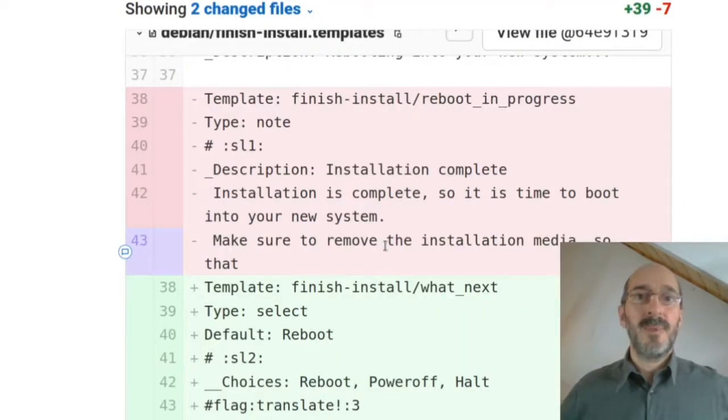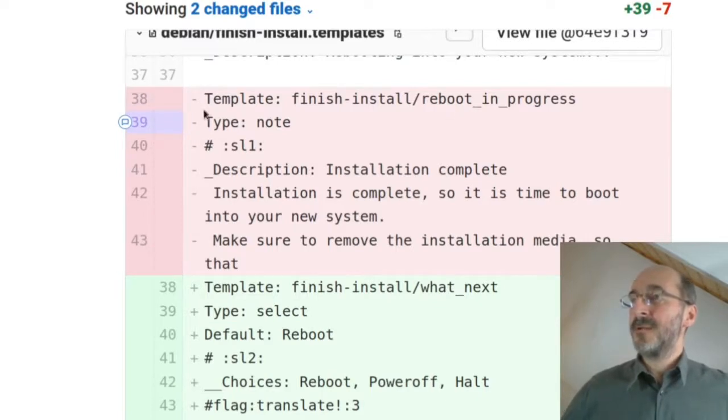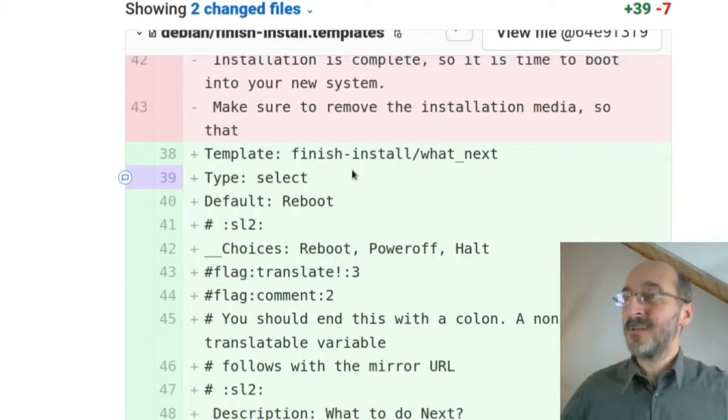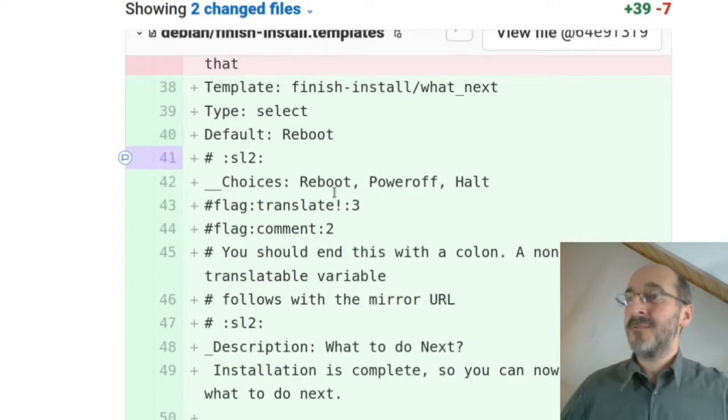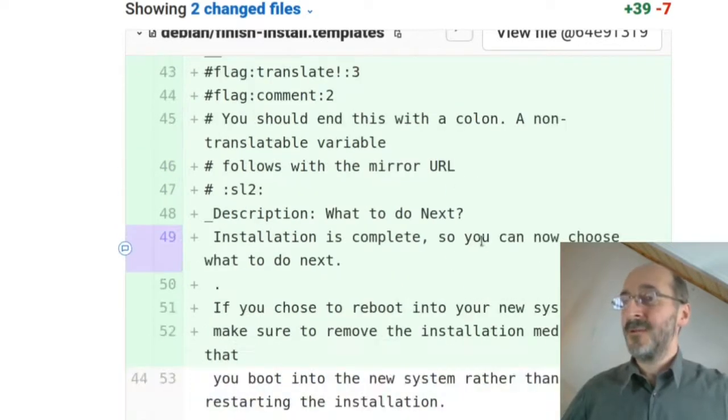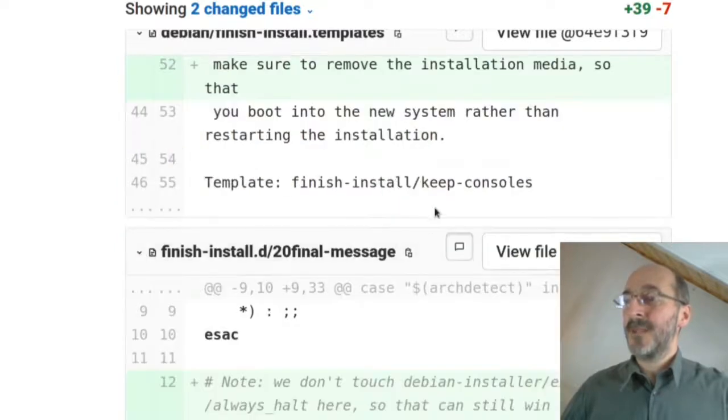So as Cyril mentioned, here we have a template for a note that says reboot in progress, and the fix that I came up with that's meant to implement this feature is to change that to a select called what next and default to rebooting, so that we're doing the old behavior, and then